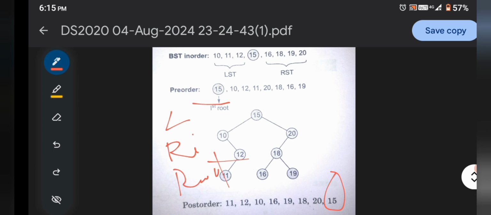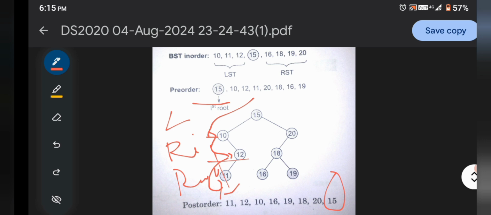So here we go firstly to the left one, 15 to 10, 10 to 12, and 12 has no children. This is not the left tree, okay. So it goes through 11, okay. So here 11 is left, yes it is correct.